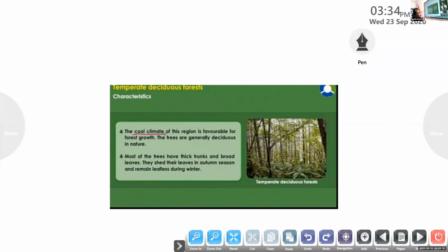Okay, children. The cool climate of this region is favorable for forest growth. We know that the climate of the temperate zone is average, moderate climate. So the cool climate of this region is favorable for forest growth. The trees are generally deciduous in nature. What do you mean by deciduous? You know that.